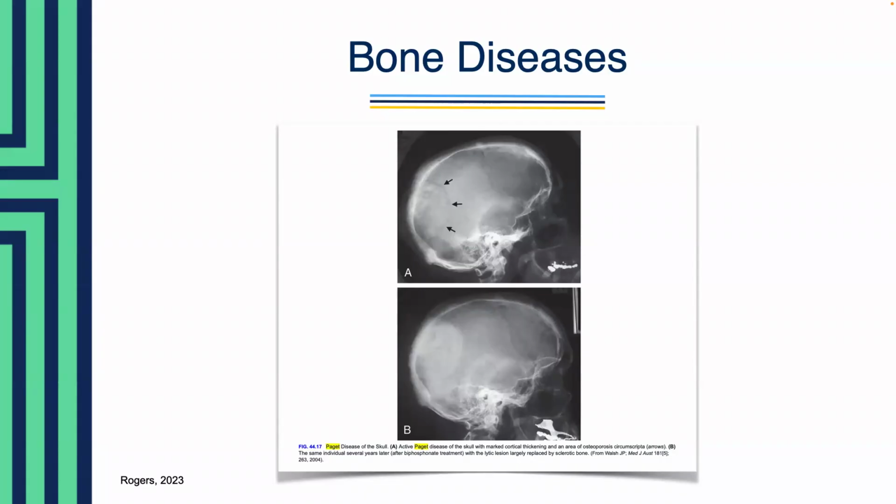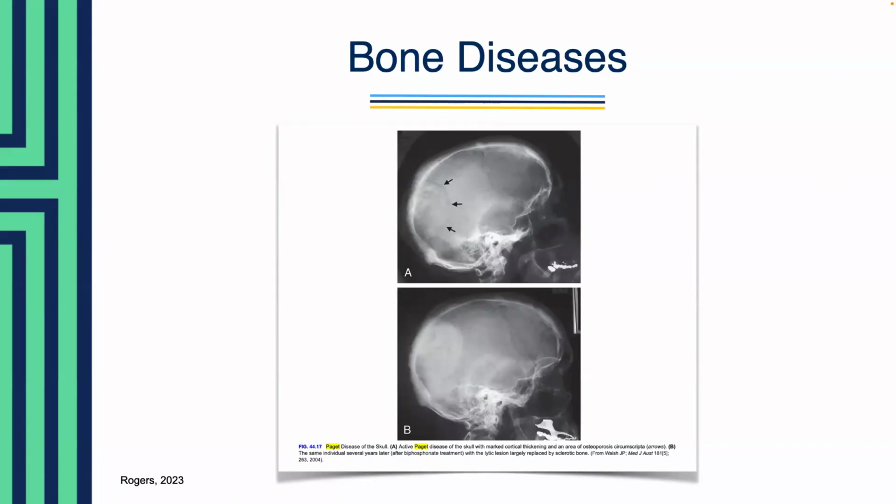So, the main risk factors for Paget disease include increasing age. So, it's more common in those over 55 years old. Unfortunately, males are more at risk. And then a family history or genetic factors play a part in that increased risk as well. It is also more prevalent in certain geographic regions like Australia, Great Britain, and North America.